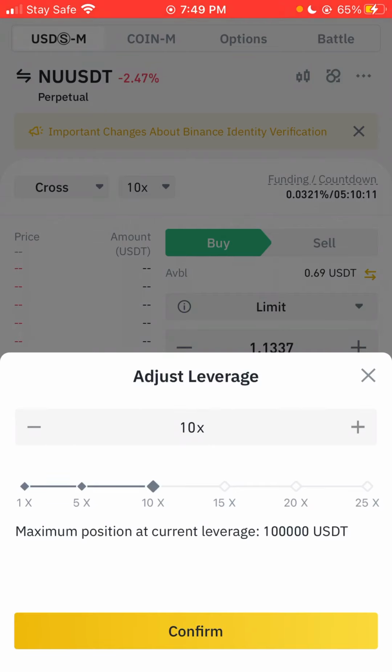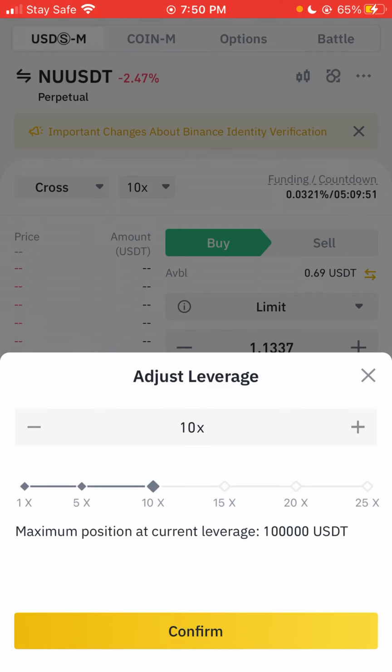My initial balance is $100. If I put the leverage at 10, that means I'm having 10 times 100, so that is 1,000. That means I'm trading with an equity of $1,000, whereas I'm having $100. That is good, right? But